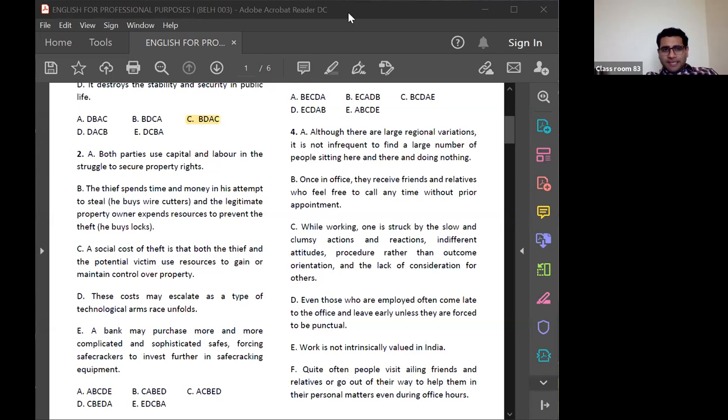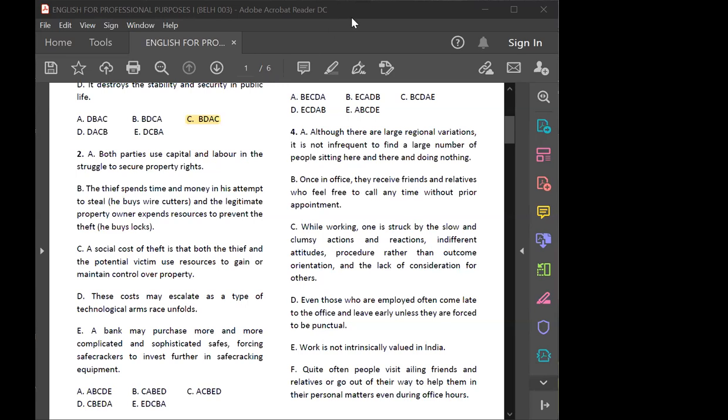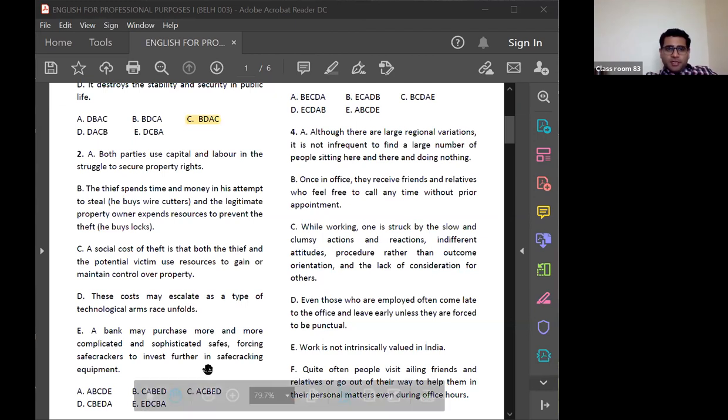Did you get my question? Can something be referred to as a potential victim in option E? No, sir. What about the bank? Can we refer to the bank as the potential victim? Yes, a bank can be a potential victim. Yeah, correct. So the correct answer will be